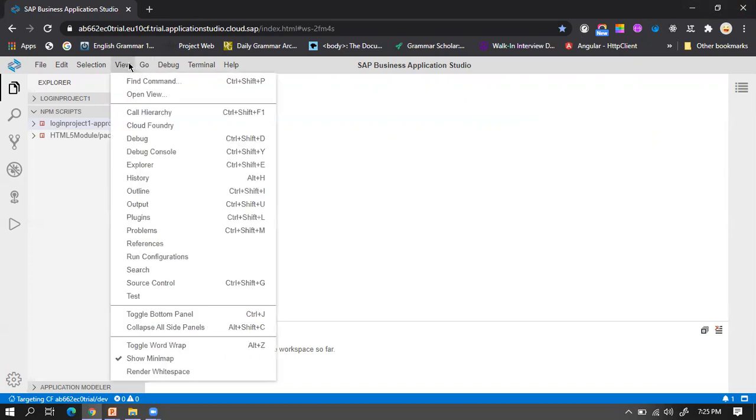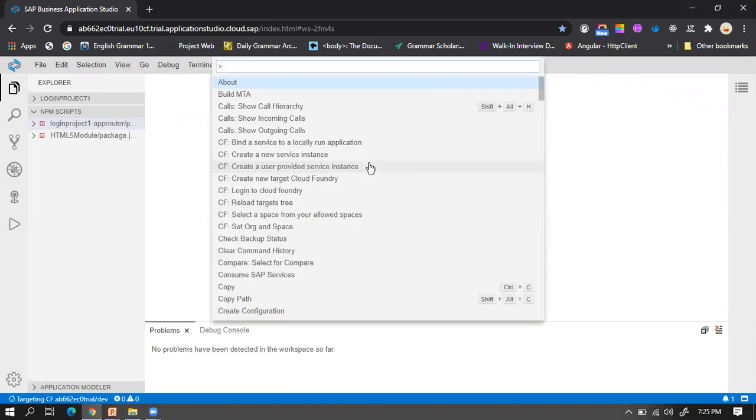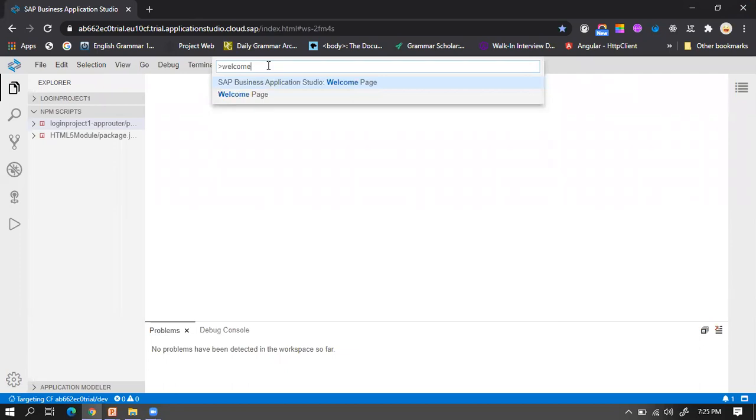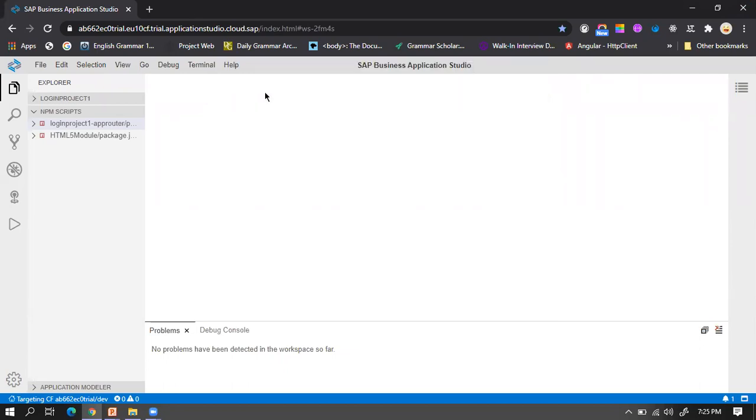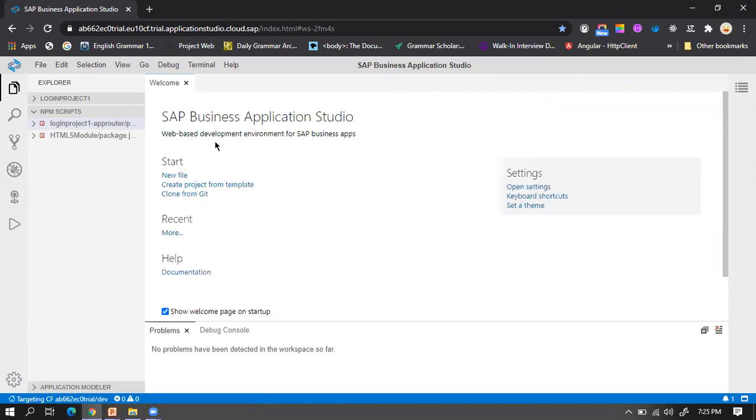I'll click on View, Find Command, and enter welcome page. Once the welcome page is executed, I have three options: new file, project from template, and clone from Git. We are clicking on create project from template.